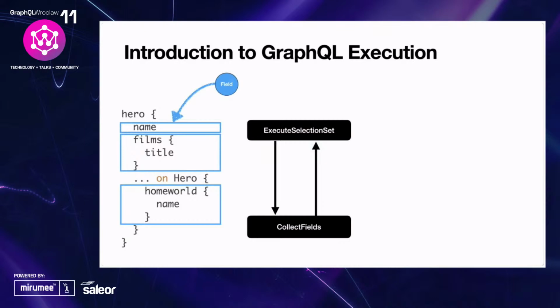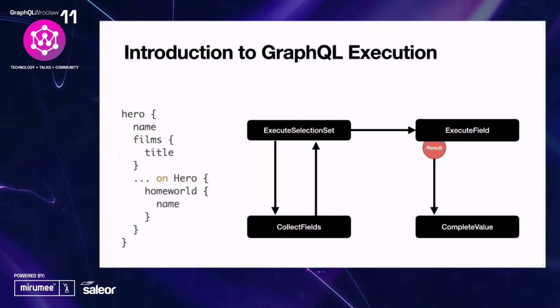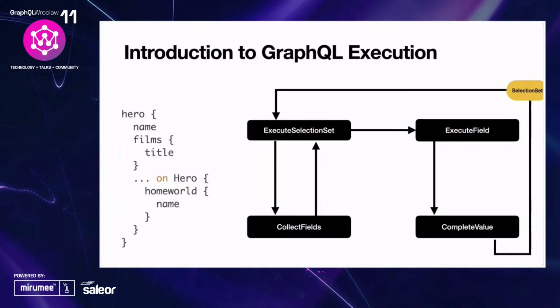And then for every field, execute selection set is going to invoke a function called execute field. That's what's going to call the field's resolver on the GraphQL server, get the result for the field, pass that to complete value. And then complete value is going to do some checks, ensure that the resolver returned the correct type for the field. And if the field's a list type, it'll call complete value again for every list item. And if the field's an object type, it starts the whole process over by calling execute selection set on the selection set that's under the object. And then finally, you get the completed values for each executed field.